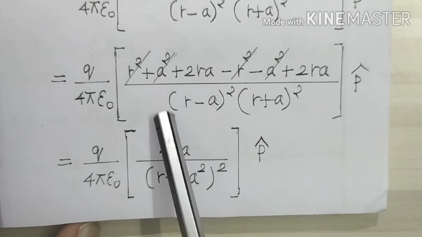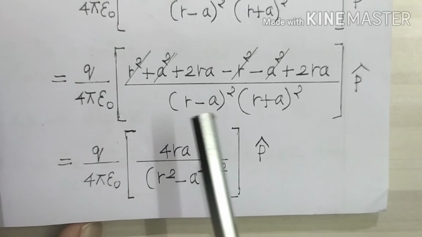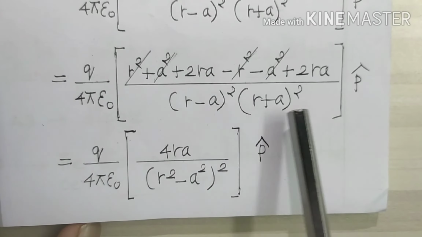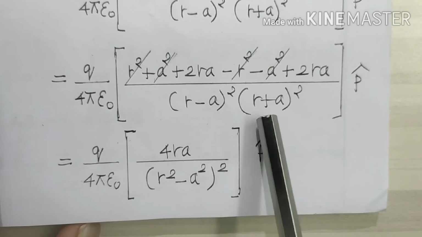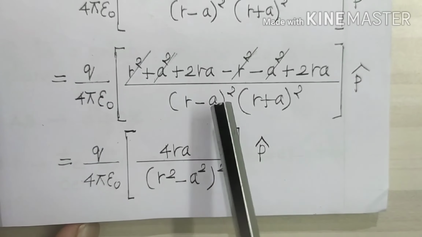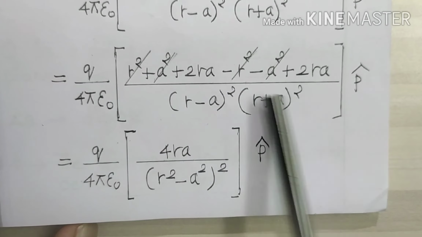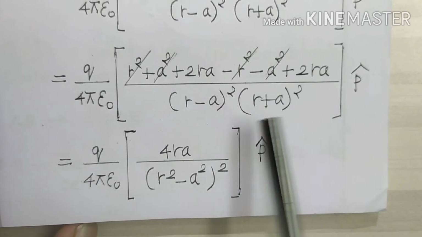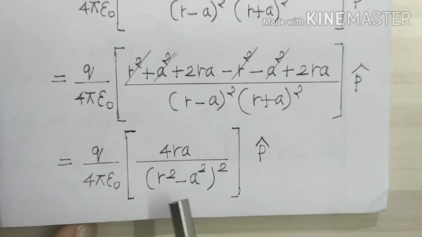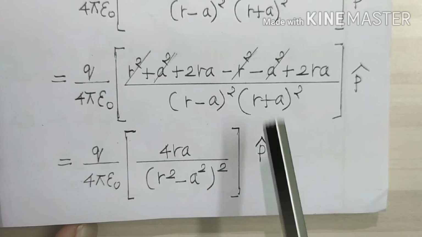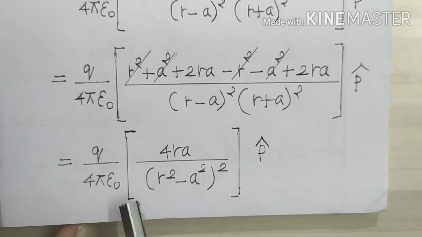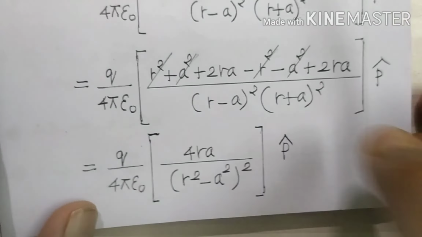Here again, this expression you see, how does it look like? (A minus B) into (A plus B). (A minus B) into (A plus B) is equal to A squared minus B squared. But here the square is also there. So no problem. You forget about this square and write as usual (A minus B) into (A plus B), A squared minus B squared. As the square is present, you put the square over here. So this is the expression.